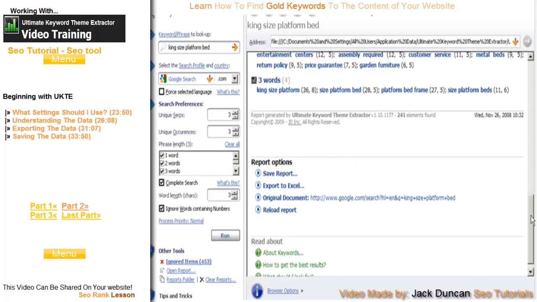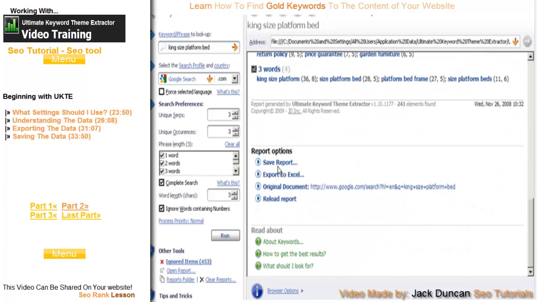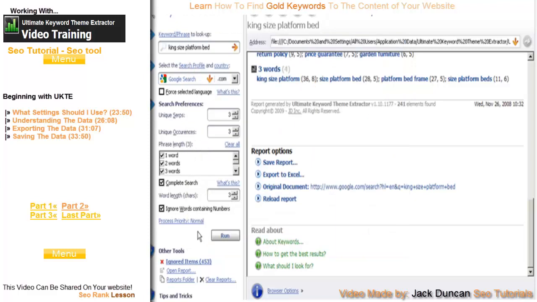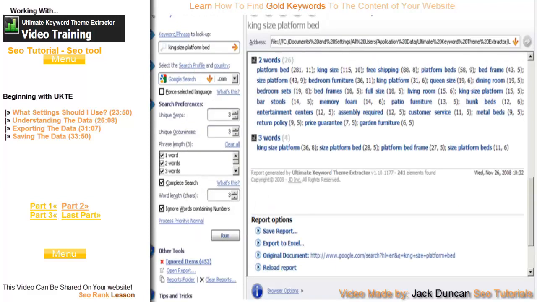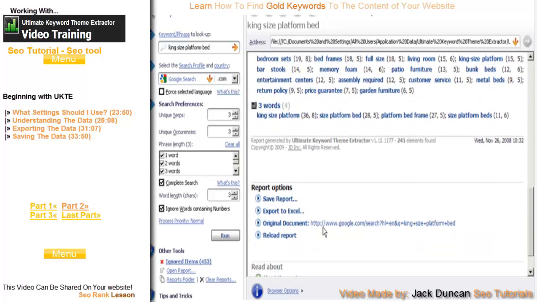At the bottom of the browser page or the results page, you'll notice there's an option to save the report. If you click this, you'll be given the ability to put in a file name and end it in .html, and that way you can save it as an HTML file. Now, if you remember from the reports management section of the video training, the reports are automatically saved in your reports folder, but this would be a great way to save it, give it a very specific name, maybe give it some more specific details if you want to put that in the title of the report,